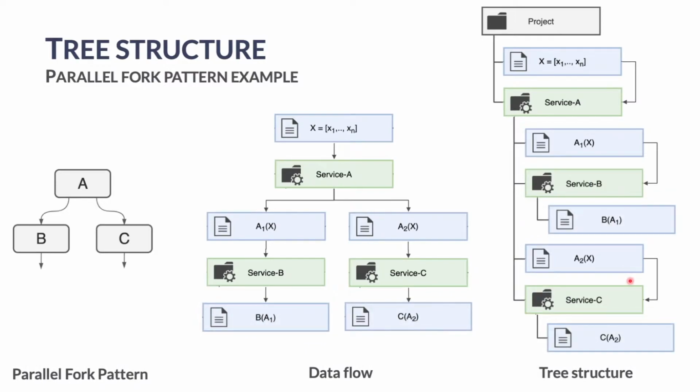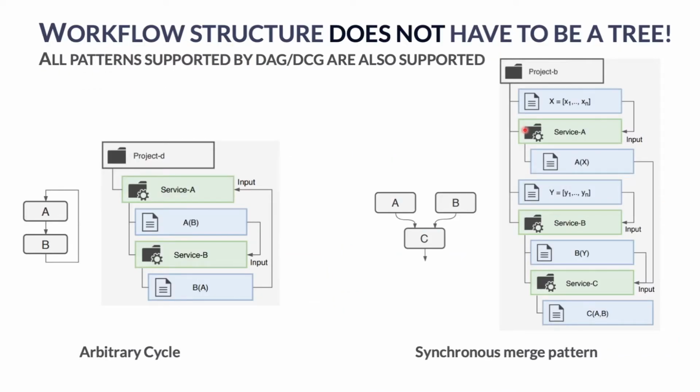And finally, those services produce their outputs. So as you can see, the output files are automatically added to the directory corresponding to the given application. As I said earlier, this file is automatically updated whenever the application is executed. The important note is that although the project space is organized as a tree, workflow execution structure is independent.